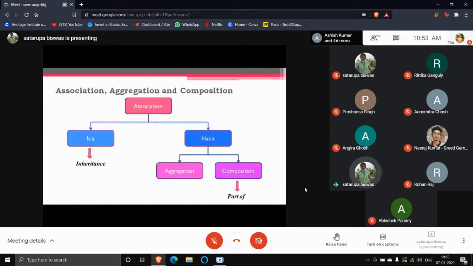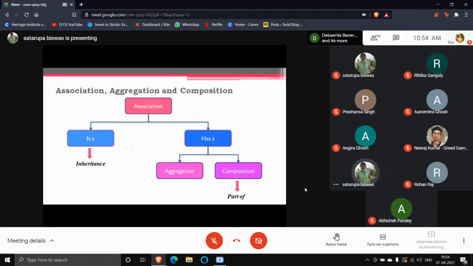Okay, so this is how they are basically making a hierarchy. Association is the global purview under which we have the is-a relationship and the has-a relationship. The is-a relationship we have already discussed, it is inheritance. The car is a vehicle, the bus is a vehicle, so this is the is-a relationship. For the has-a relationship, there are two types.